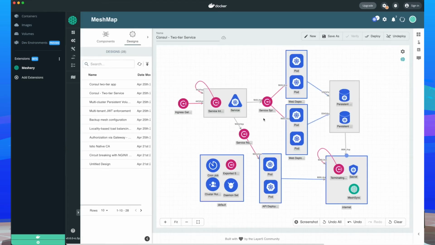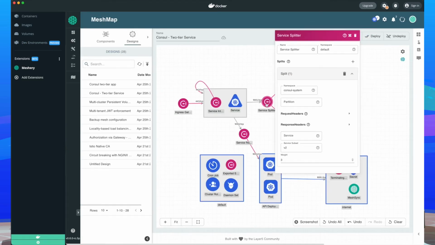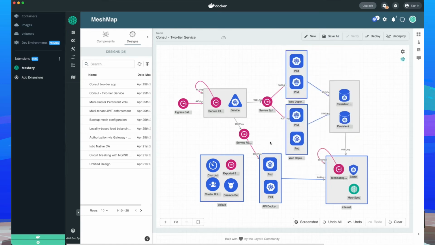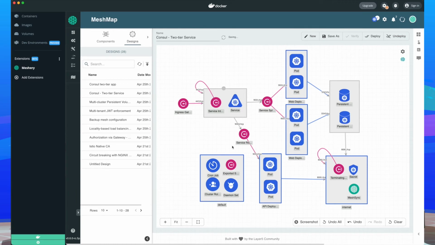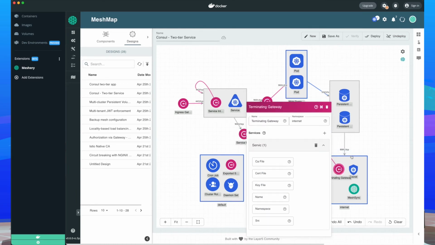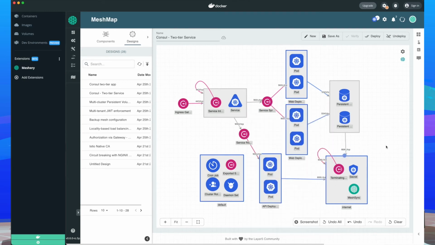So I've taken a moment to add in some additional configuration from our Consul service mesh. For example, that of splitting traffic across our subsets, assigning weights, defining some intentions that we might want in terms of how it is that we want our traffic directed, how it is that we want our terminating gateway to behave. And laying all of this out visually really helps the developer circumnavigate the configurations. They can choose to save them and recall them, organize them a bit differently.